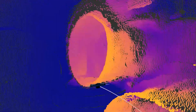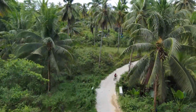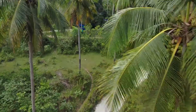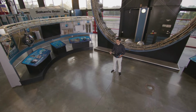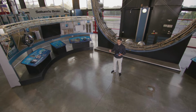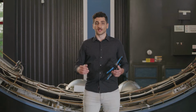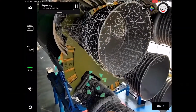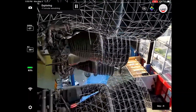Every Skydio drone uses its 6 navigation cameras to see and understand the world around it, using computer vision and deep neural networks. That's how they're able to duck and dive through obstacles to capture Hollywood-style footage of our customers mountain biking or skiing. And 3D Scan builds on top of this with a groundbreaking AI for inspecting and understanding complex structures. So once you've set up your scan volume, as we saw from Alden, the drone will enter the exploration phase, where it will zip around the structure, and you can watch as it builds up a 3D mesh